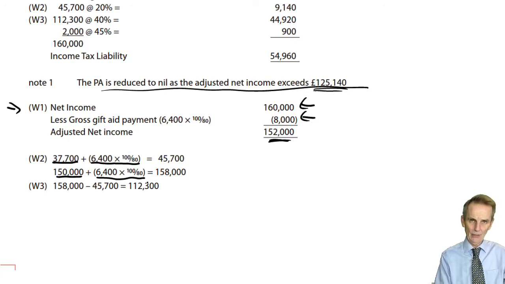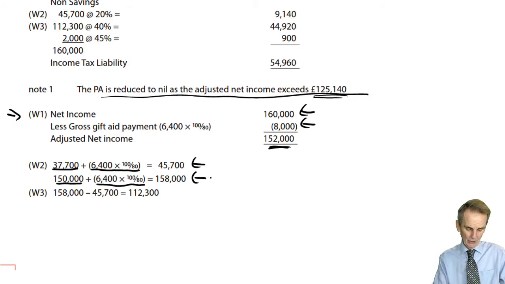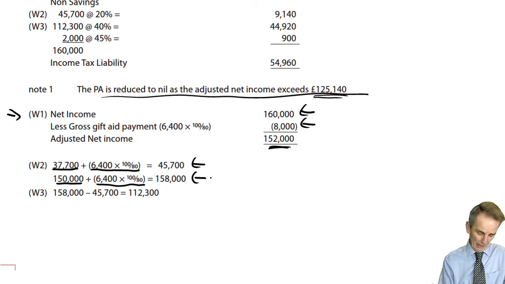The gross amount of the gift aid payment was 8,000, so the revised basic rate band limit is 45.7 and the revised higher rate band limit is 158. You've extended both by the same amount, so the difference between your higher rate band limit and your basic rate band limit will remain the same at